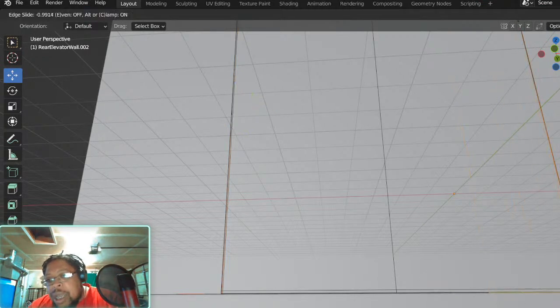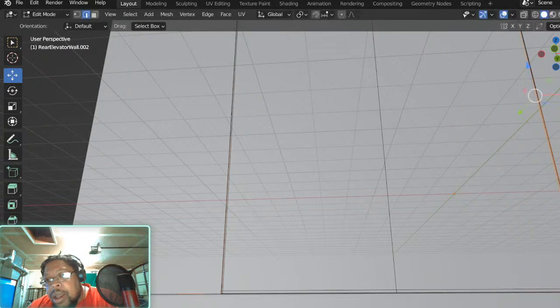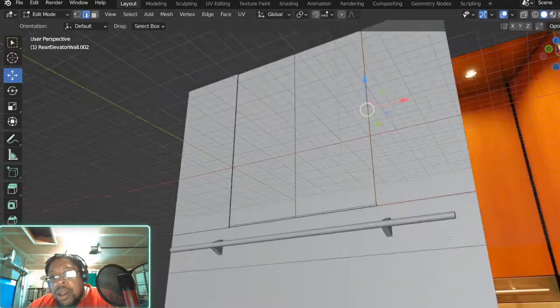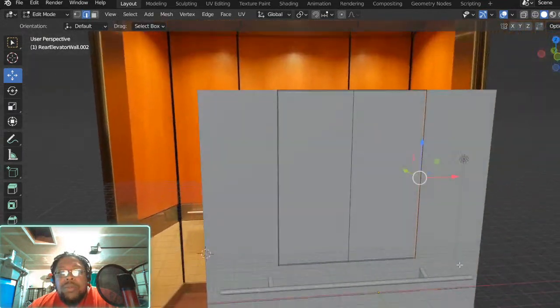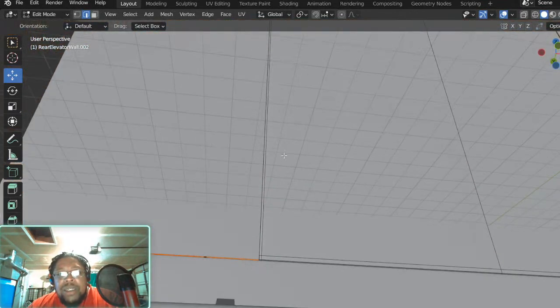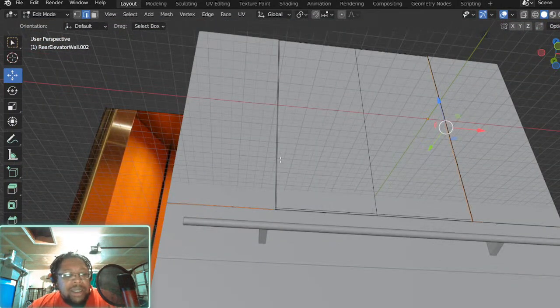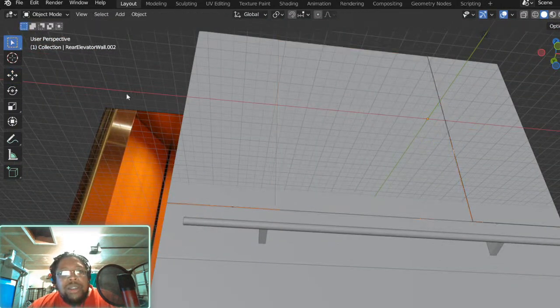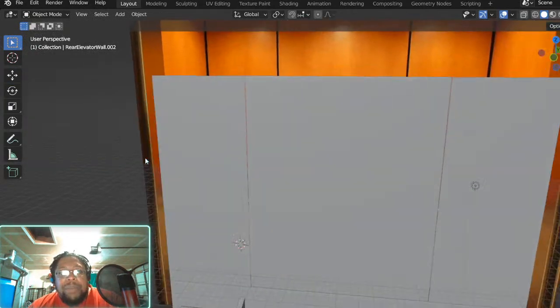Time for the last side. So you'll see that spacing in between it, like when the light hits it, and it'll look like these are separate panels like I want them to look.